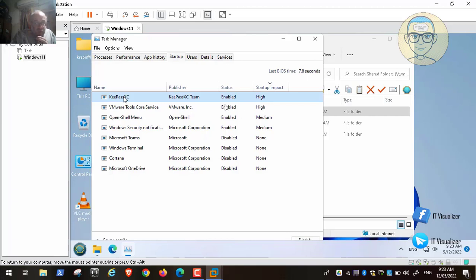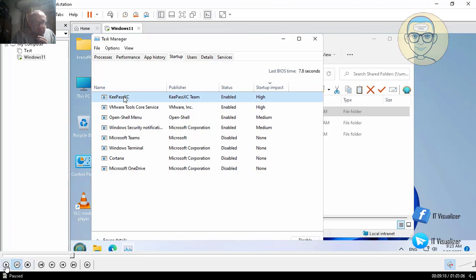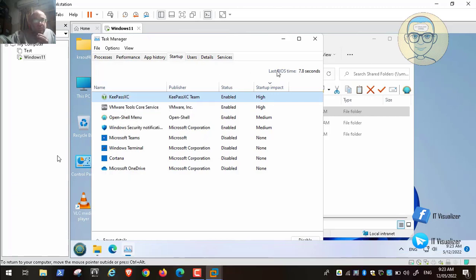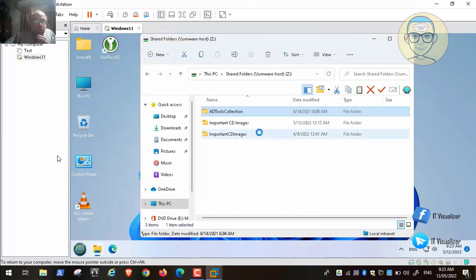Some software should be started up automatically, for example the antivirus and other things. But KeePass is not necessary to start up automatically, and its startup impact is high, so we need to disable it. Okay, so we'll disable it,